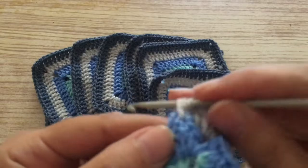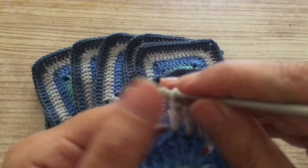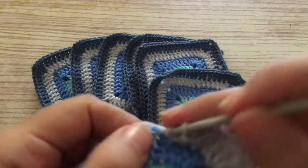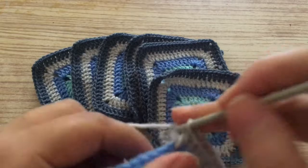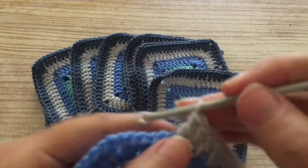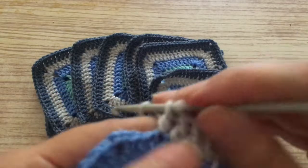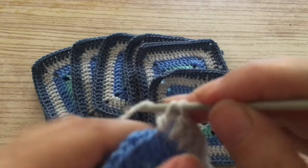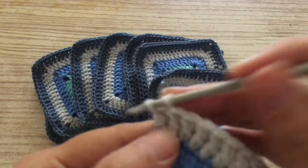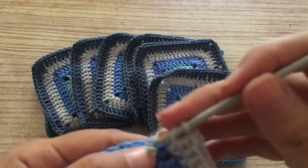We have 1, 2, or double crochet, 3, 4, 5, 6, 7, 8, 9, 10, 11. We're in the corner, so we make 2, 1 and 2, 2 chains and another 2 in the same